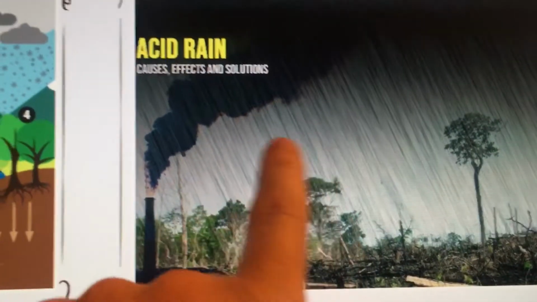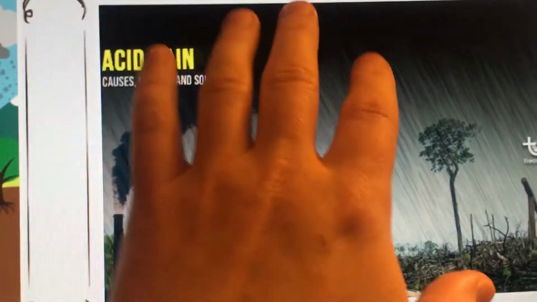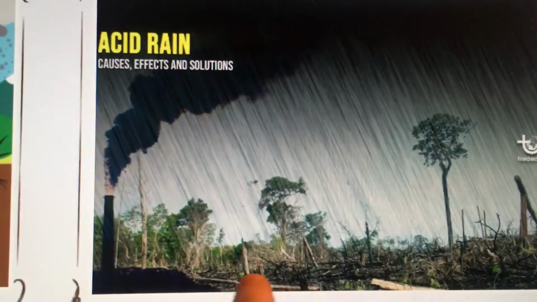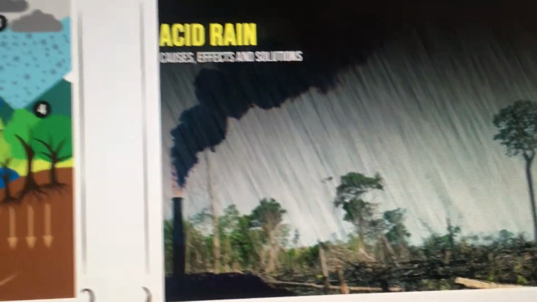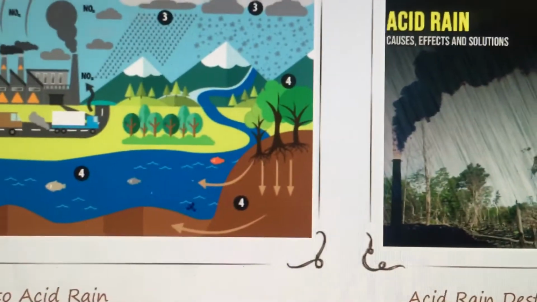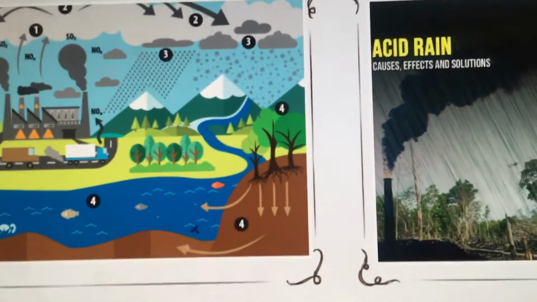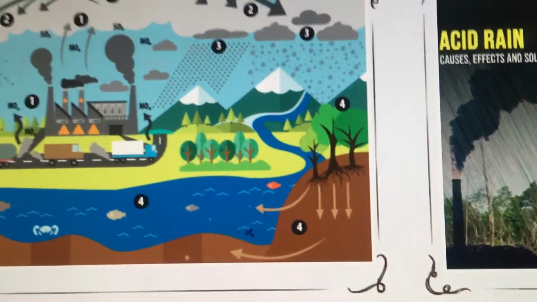A different picture that I have here is a little bit more graphic. You've got this really heavy pollution coming out of the factory. Then as it rains back down, you can see there's some healthy trees left, but there's also a lot of trees that are dead because of it. So my main point is that human modification of the environment is not a good thing in most instances. We can damage the environment in a lot of ways, and we are damaging the environment.